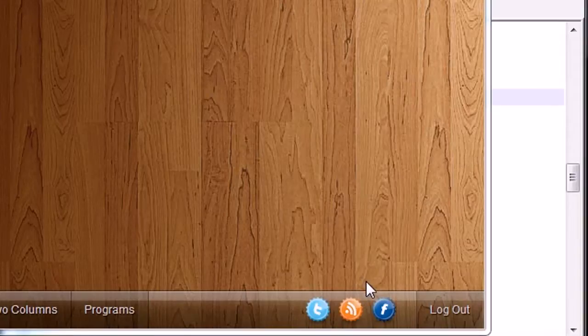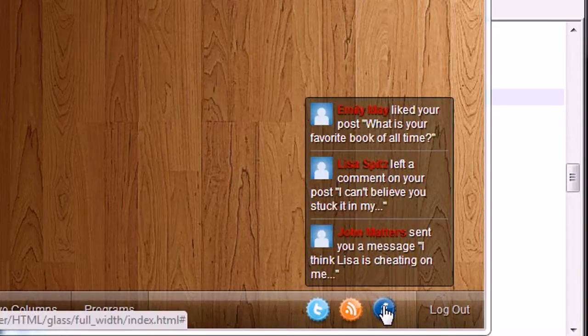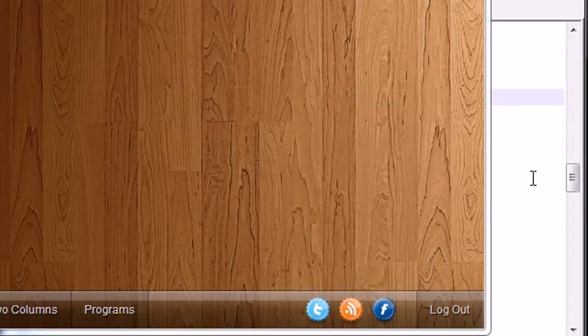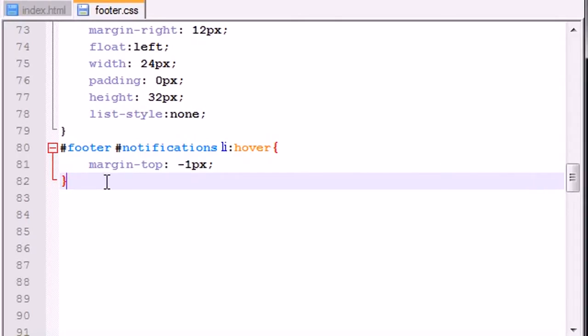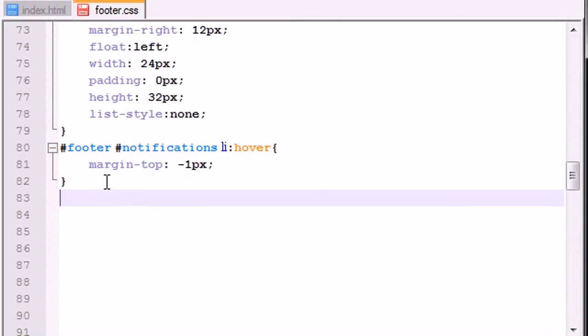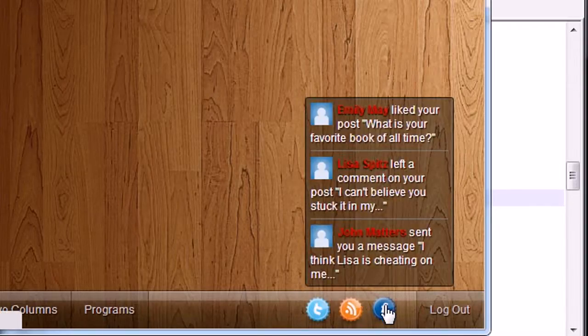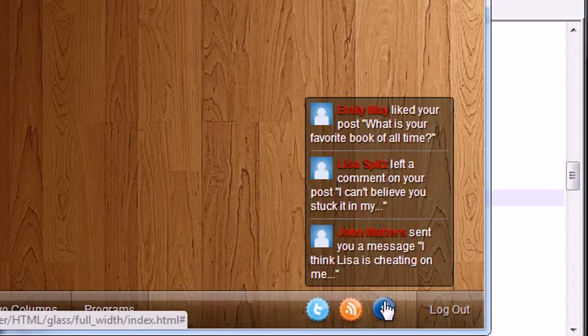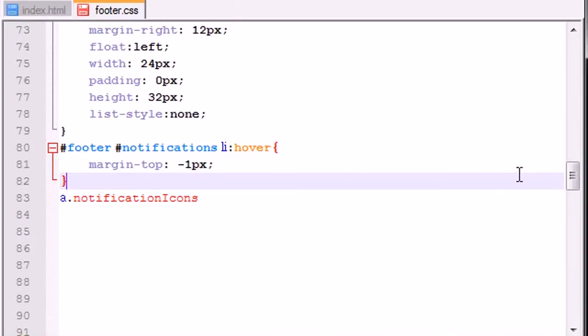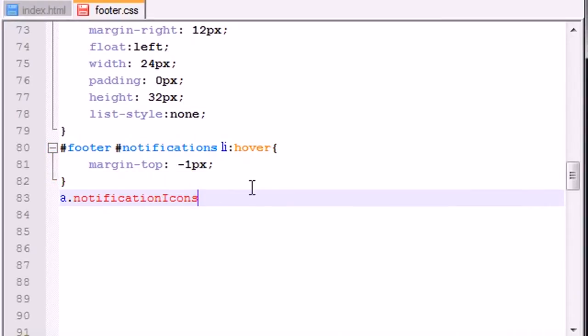So again, one more time, whenever you hover over them, you can either have this as a drop-up menu or just anything that appears really. So let's go ahead and give me some space. Now, go ahead and put links class notification icons. So basically, these are going to be links right here, and whenever they have the class applied to them, and we're going to be doing this in HTML, notification icons,